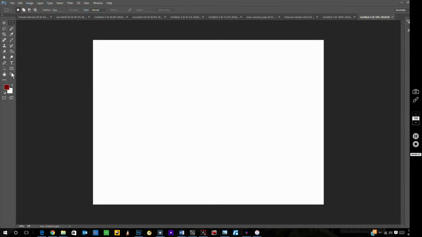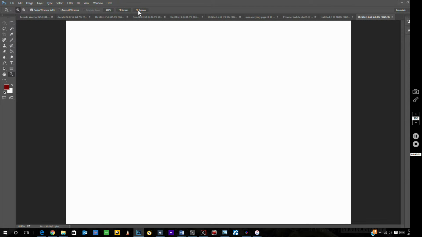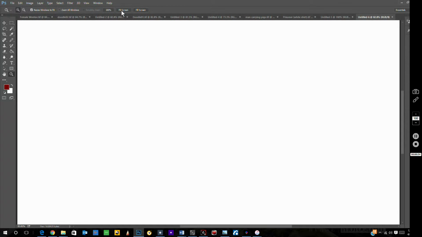Okay, so this is Photoshop CC, and if you want to make it bigger, you click the magnifying glass over here where the arrow is, and then go to fit screen or fill screen. I like fit screen. This is fill screen. It's a little bigger, and then you can go to full screen if you want to